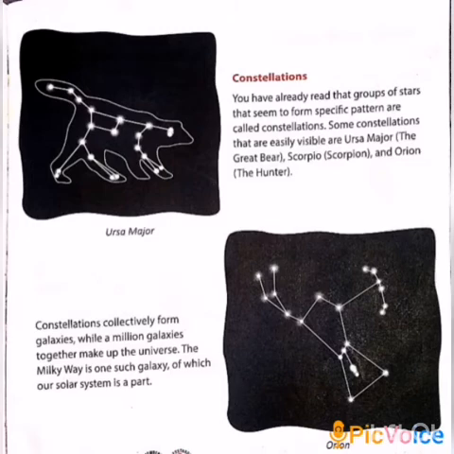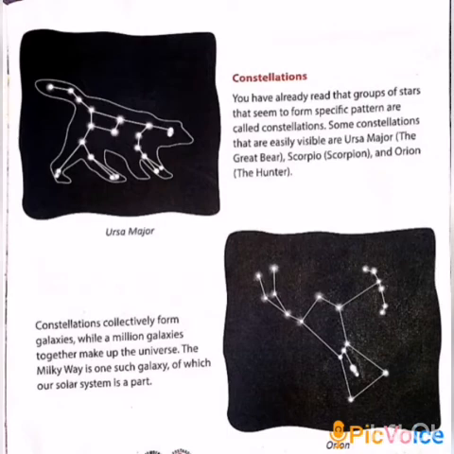Next, stars. If you look at the night sky, we see lots of shining and twinkling objects called stars. Did you think why the stars look very small? It's because they are so far away from the earth. In nature, the stars are very big, but they are so far away, so you see small stars.